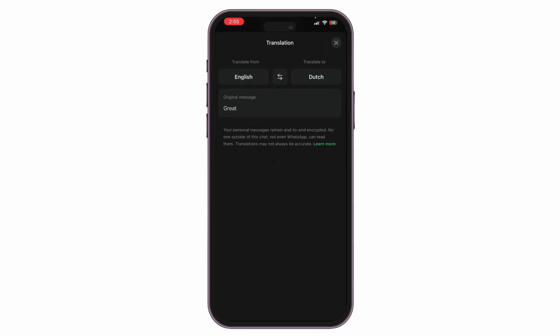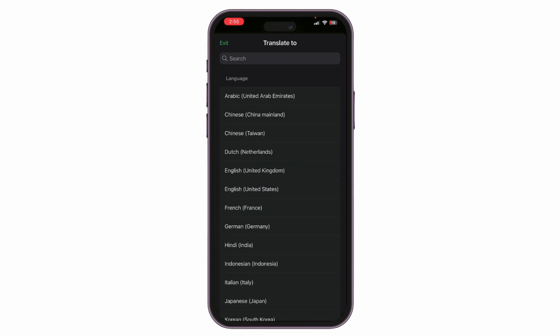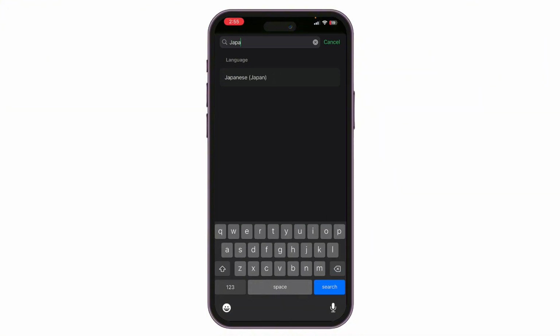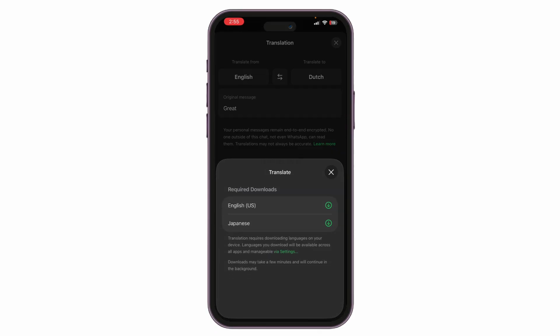So after doing that here, you can get the option of translate from and translate to. Since this is the English language, it has automatically detected English. So in the translate to, if you tap on it, there are multiple options that you can try. For now, I'm going to search for Japanese, select Japanese, and then here you can see there's the requirement of